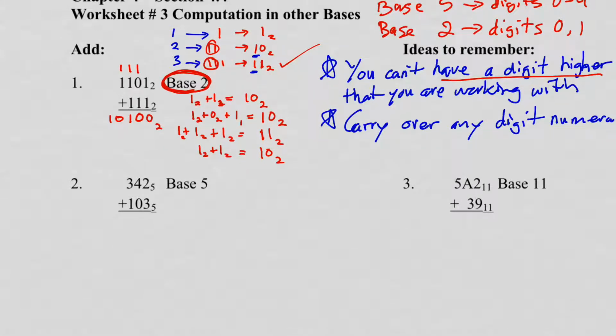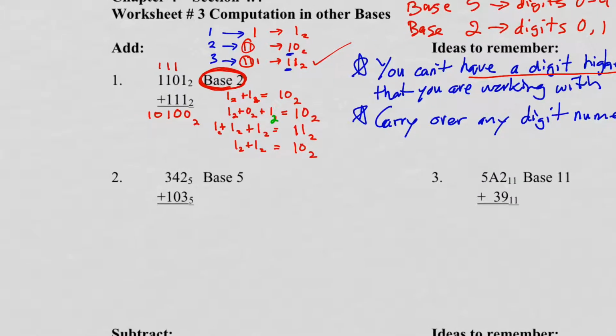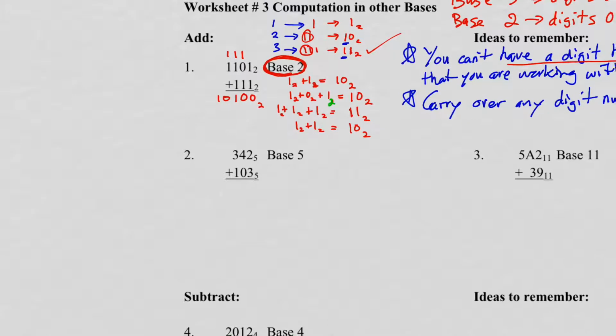Okay, so I just noticed something in some of my work here. This right here is supposed to be a 2. These are all supposed to be base 2, not base 1. We don't even have that available. So again, guys,